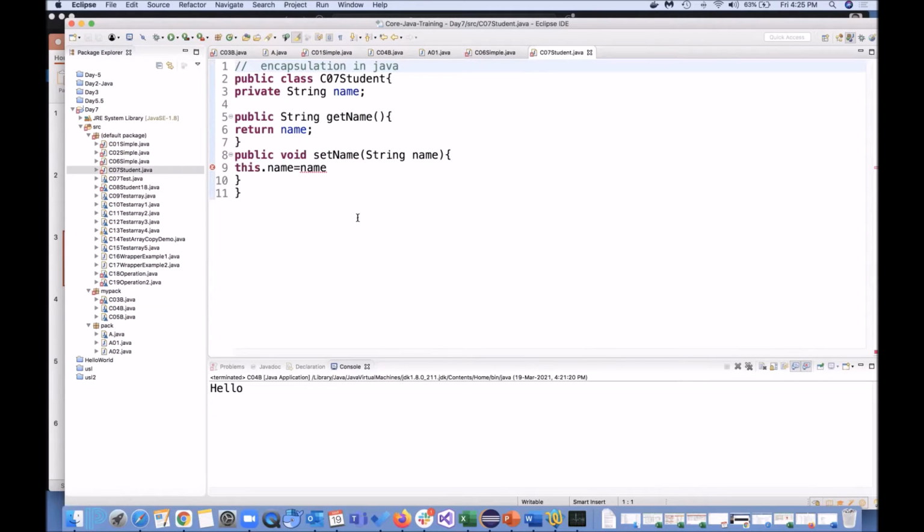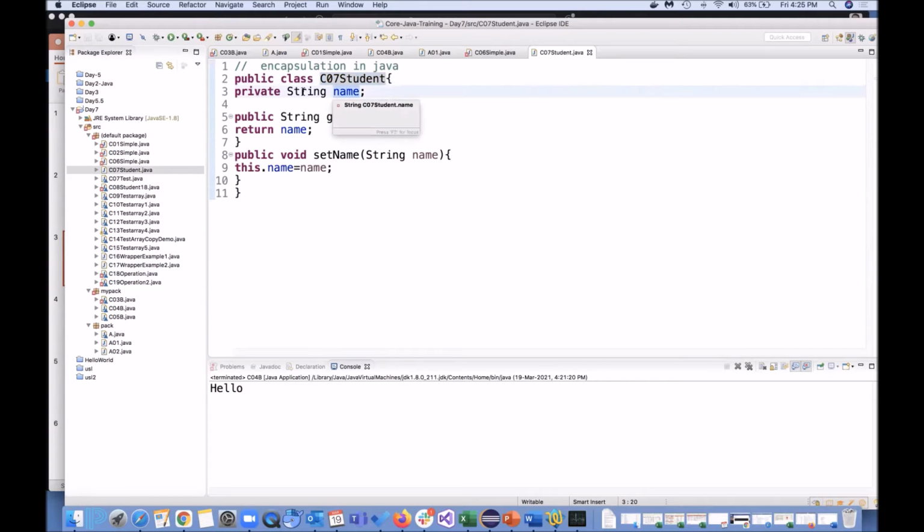Again, this is an example of encapsulation. In the theory we have seen, typically we make POJOs, plain old Java objects, and then we have getters and setters. So I created a student class.